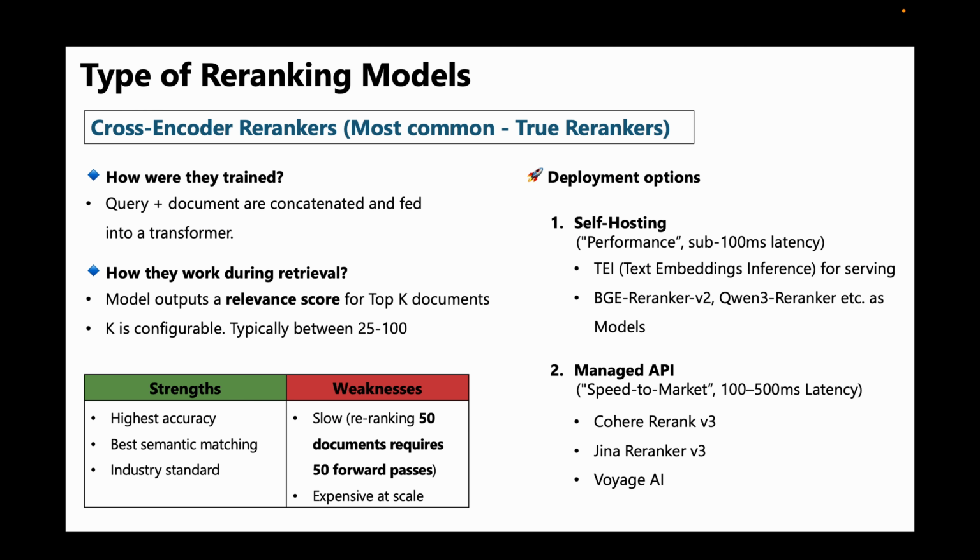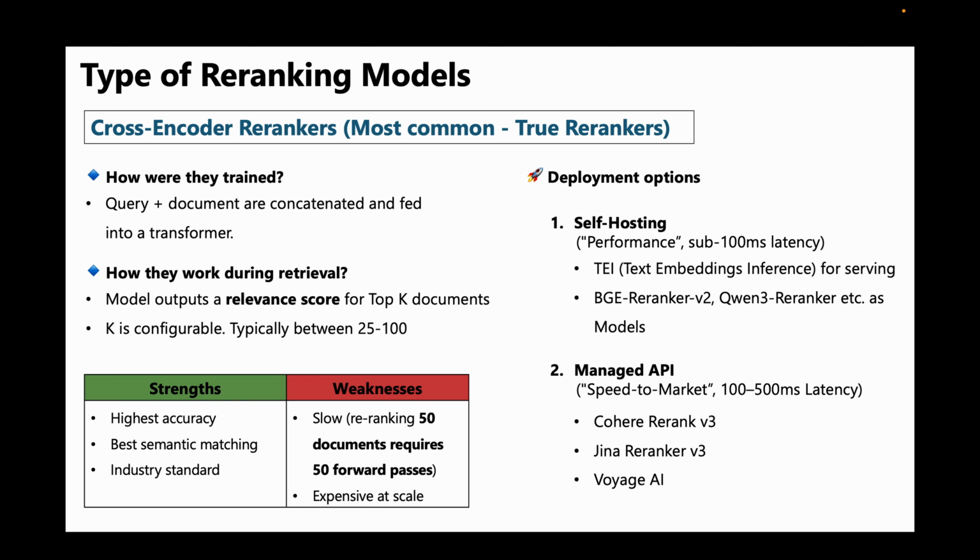There are three main types of re-ranking approaches. The first approach uses cross-encoder models, often considered the most accurate re-rankers. In this approach, the query and each document chunk are combined and passed together into the model, which outputs a relevance score. Because the model processes both inputs jointly, it captures deep token level interaction between the query and the